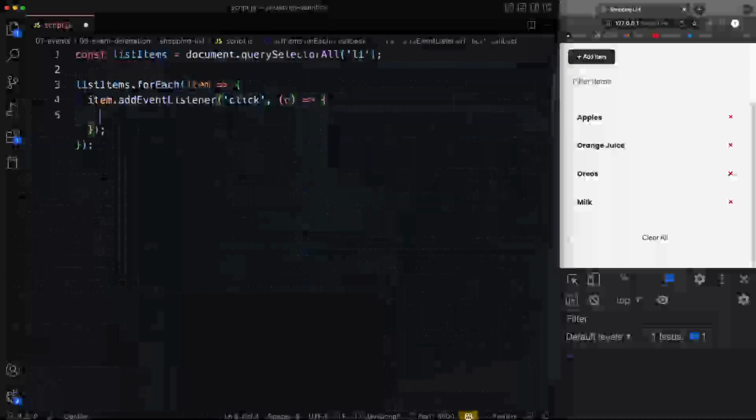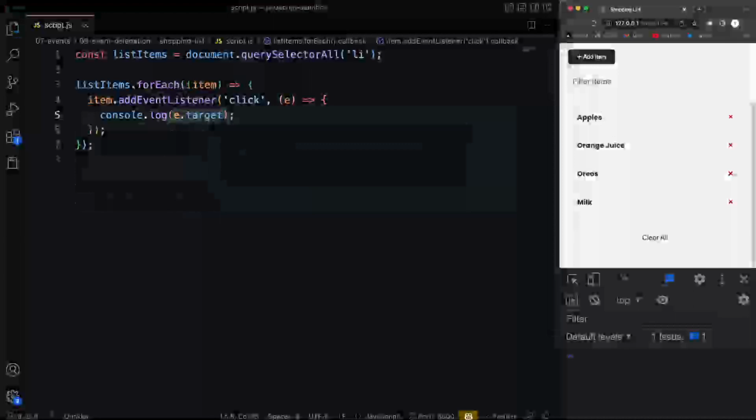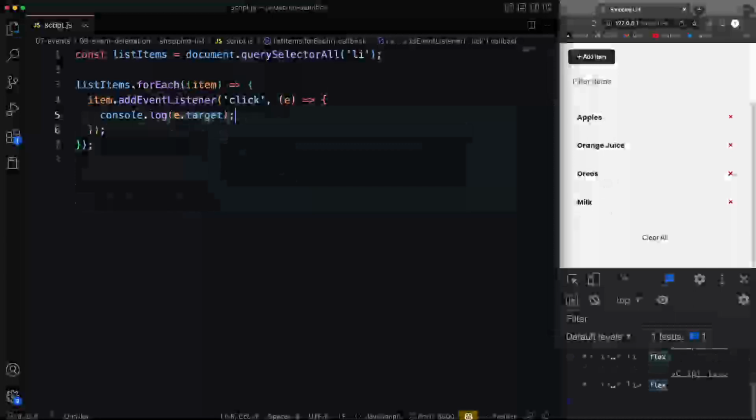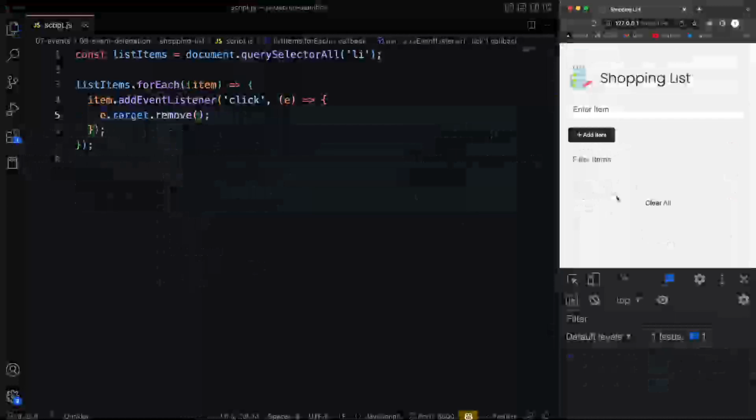And I'm going to just console log e.target. So if I click on these, you'll see it'll give me whatever list item I'm clicking on. So now I can take that target and I can remove whatever that element is, whatever I'm clicking on. So I could say e.target.remove, and we learned about the remove method a couple sections back. So now if I click on, let's say orange juice, goes away, click on milk, Oreos, apples,